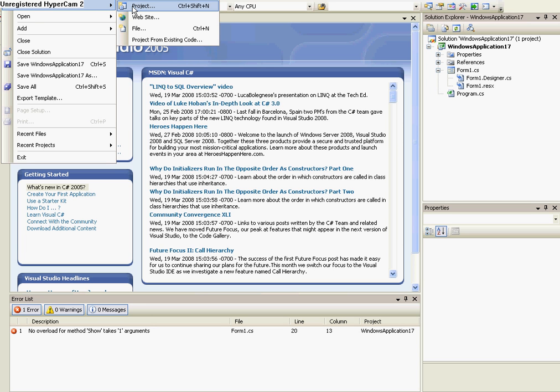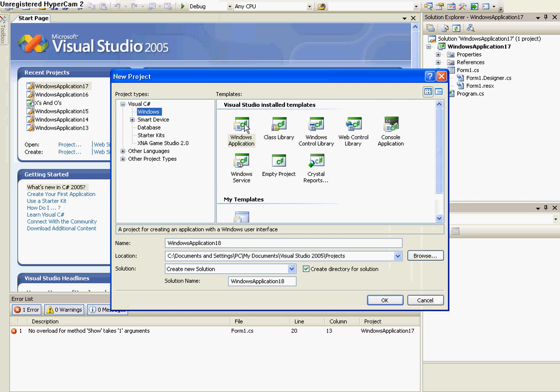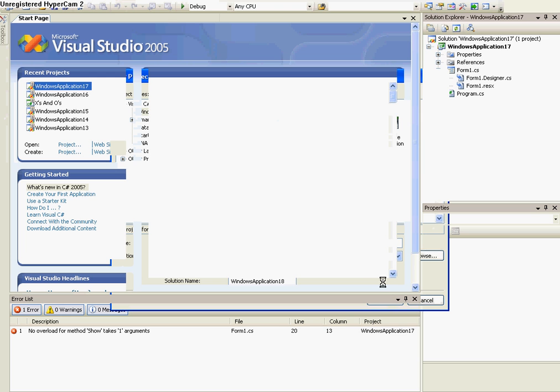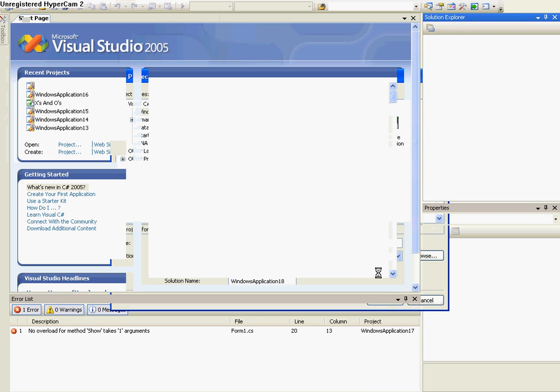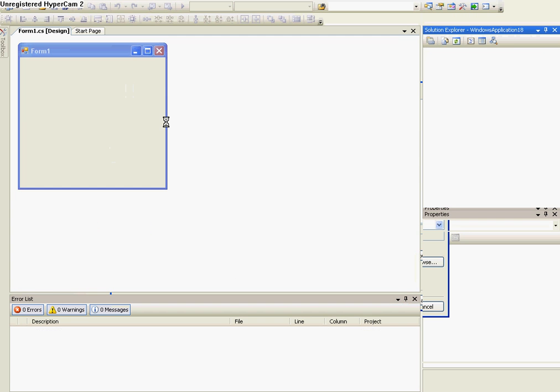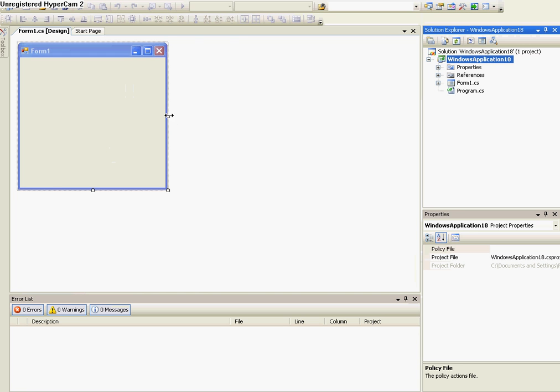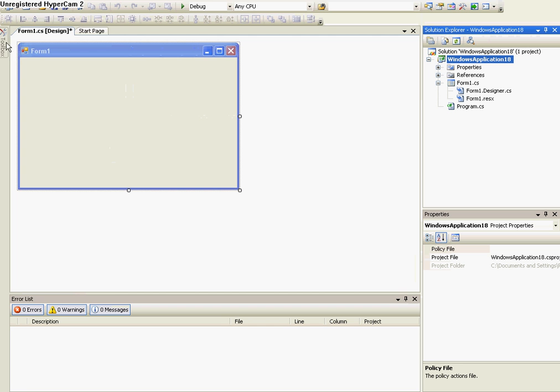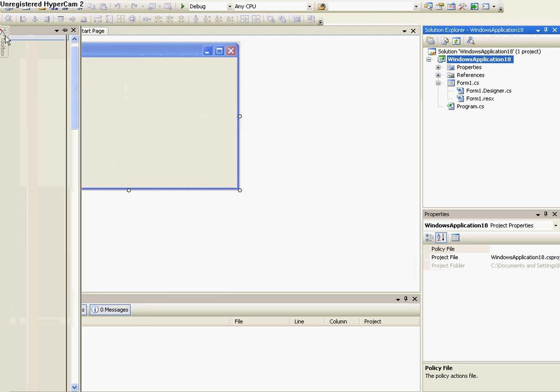So go to File, New, Project, Windows Application, and OK. First I'll show you how to use the visible function. I've already gone over this in a previous tutorial, but I'm going to show you how to use it in a different way. So I'm going to widen it, and now place